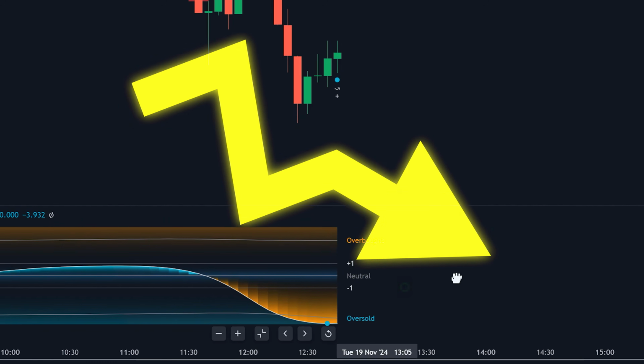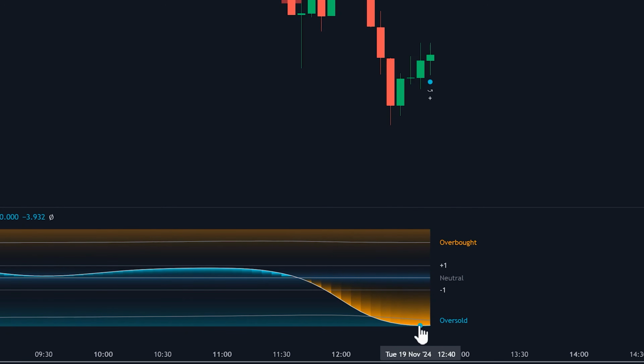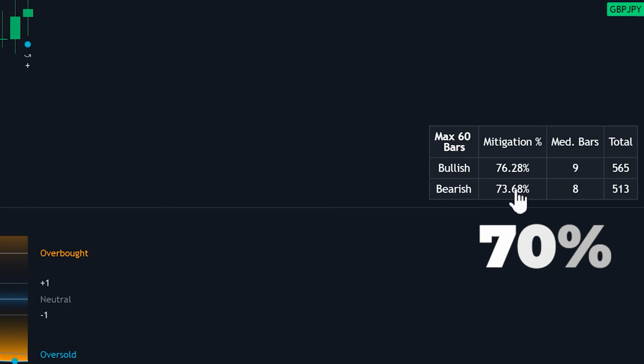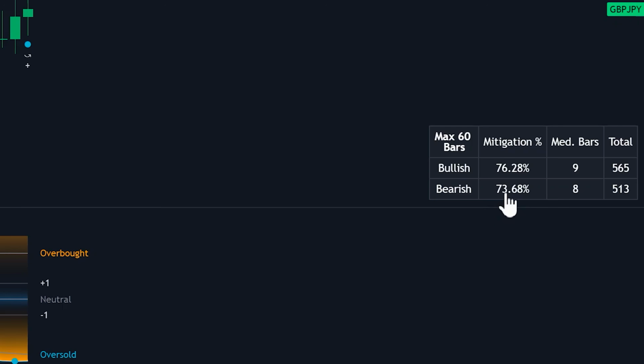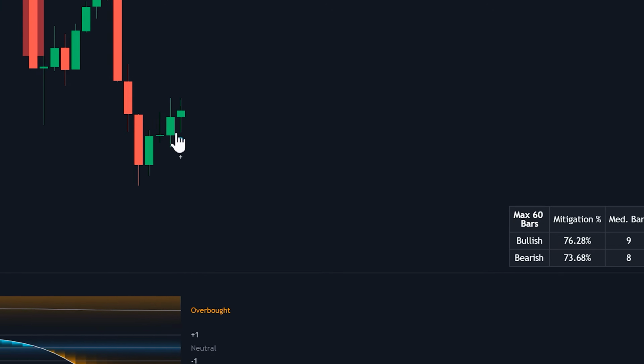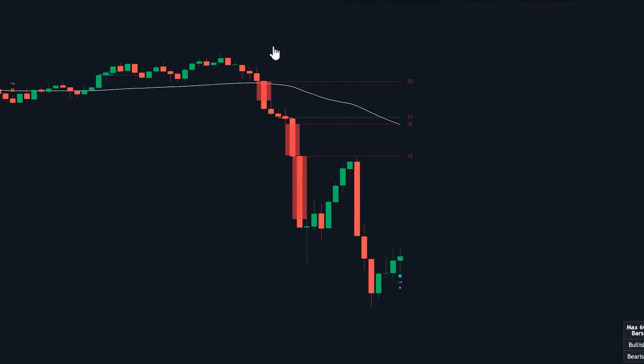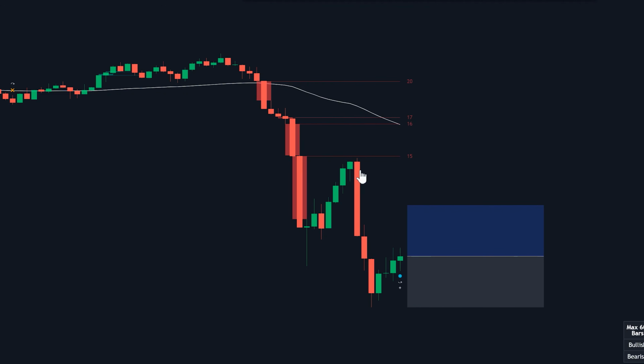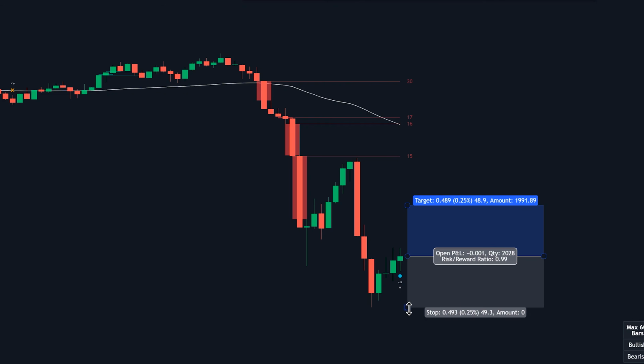In a bearish trend, if the market is oversold and then the oscillator signals a possible reversal by printing a dot like this, we then check the table to ensure the bearish FVG mitigation percentage is at least 70%. In this example, it's above the 70% limit, indicating a high likelihood that the price will go up and mitigate a bearish FVG. If we enter a long position, set the take profit at one of the bearish FVG levels. It could be the first one, the second one, or even the third one. The stop loss would be under the most recent swing low, letting the trade run,